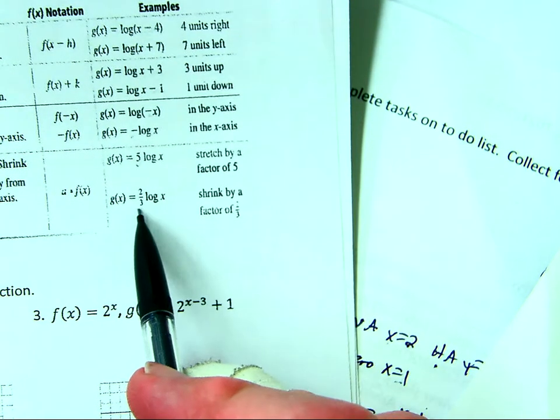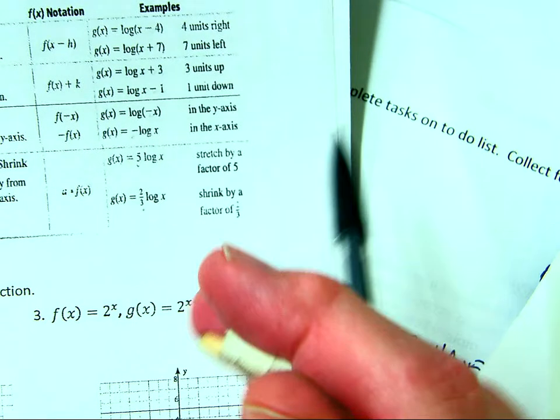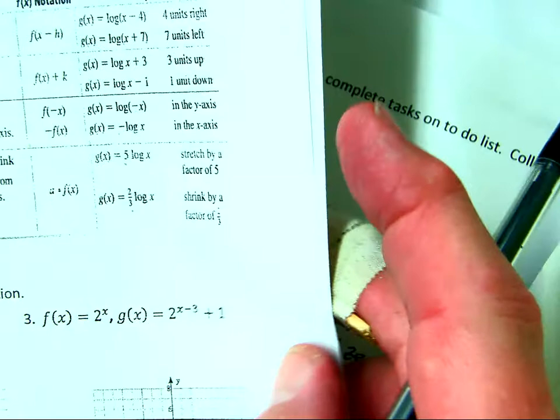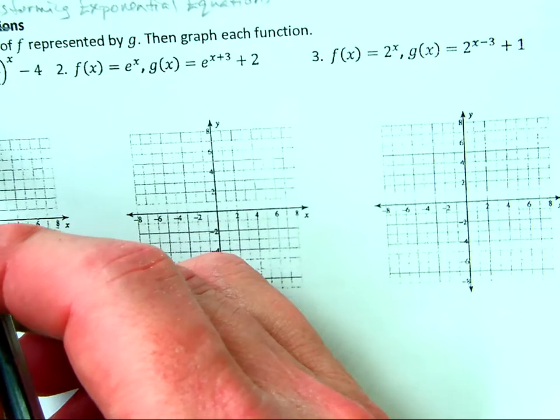Here, there's a 2/3 out front, so that's stretched vertically by 2/3. You multiply all the y coordinates by 2/3. So that's the same stuff we did with all our graphs before. It's the same stuff here. So if we graph these, like here, if I graph